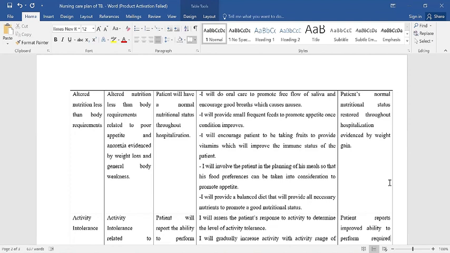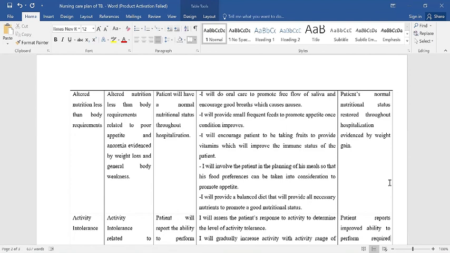So the goal is the patient will have a normal nutritional status throughout hospitalization. So our goal, we want our patients to have a normal nutritional status throughout hospitalization. Therefore, the interventions that we're going to put up will help us to provide a normal nutritional status to the patient. Number one, under the interventions, we are saying